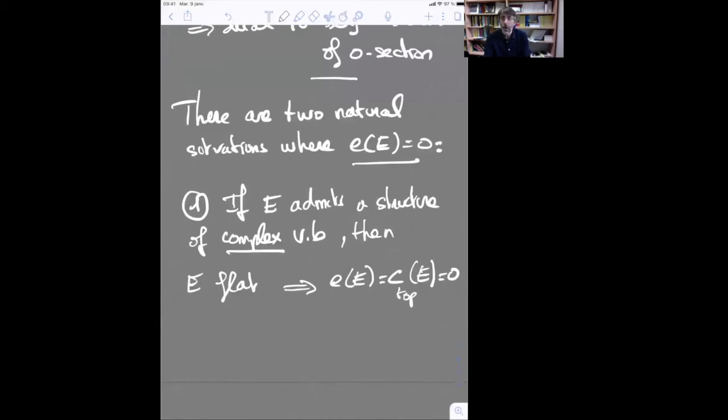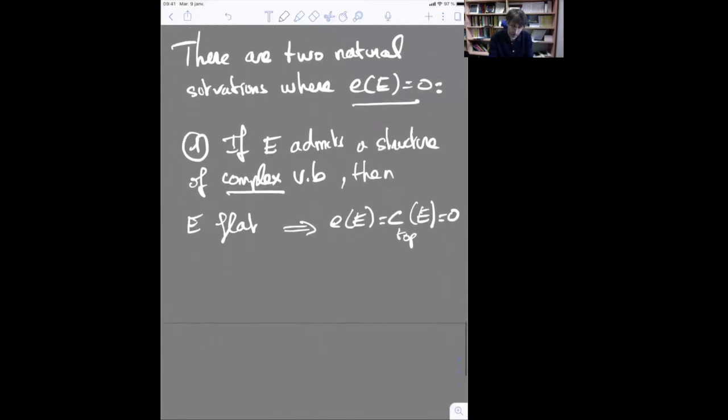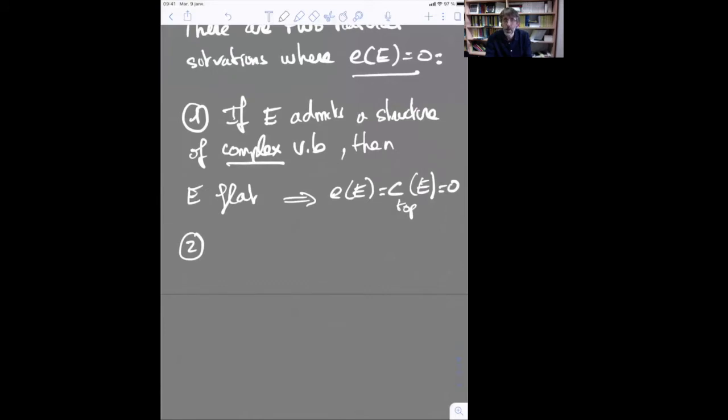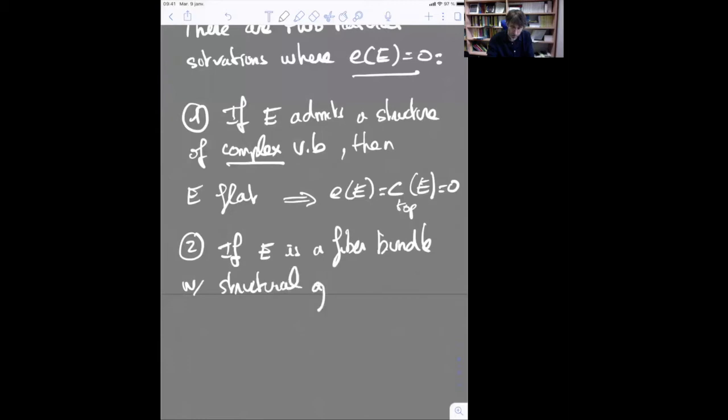So this will be a first situation where the Euler class is 0, and I would say that it is a non-arithmetic case. Here it will happen in some non-arithmetic situation, but already you see it's quite interesting. And now there is a more arithmetic case where the Euler class vanishes. Is this second case? If E is a fiber bundle with structural group contained in SL_n(Z),